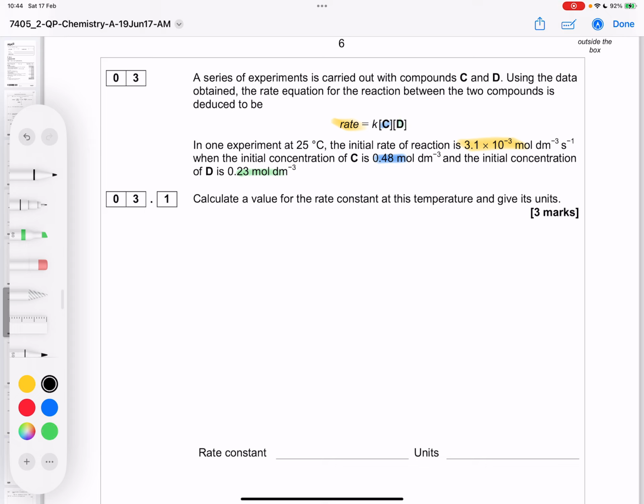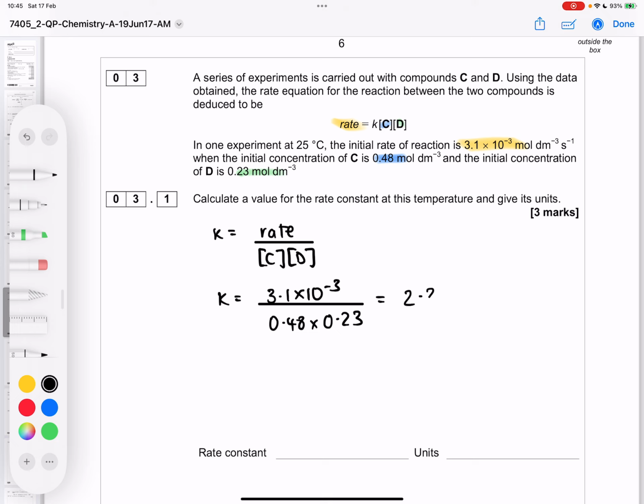So we need to rearrange this to say K equals rate divided by concentration of C times concentration of D. Then we're going to put the numbers in. K equals 3.1 times 10 to the minus 3 divided by 0.48 times 0.23. We're going to type that on our calculator, and it's going to come out to be 2.8